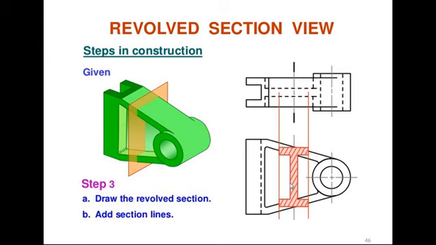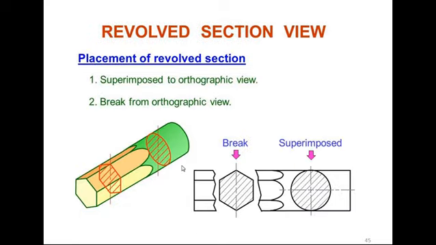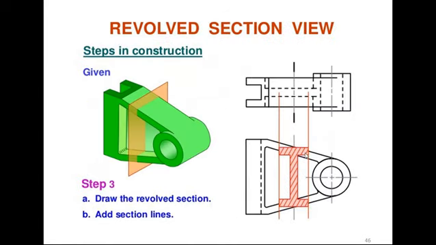So we have drawn this eye section here, and this is called superimposed. We have superimposed this eye section, or we have revolved this eye section here on this view. So now we can understand that the object has an eye shape, and like in our last example, here our bar is hexagon and here our bar is circular. So this is the importance: because of the revolved section we can understand.